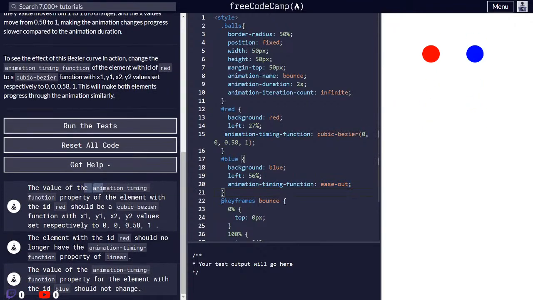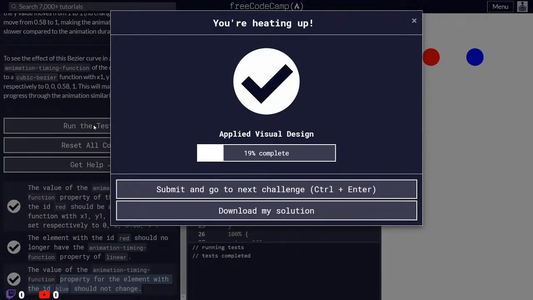The value of the animation timing function property of the element with the id red should be given the cubic Bezier function with x1, y1, x2, y2 values set respectively to 0, 0, 0.58, 1. The element with the id red should no longer have the animation timing function property of linear. The value of the animation timing function property for the element with the id blue should not be changed. If you run the test,